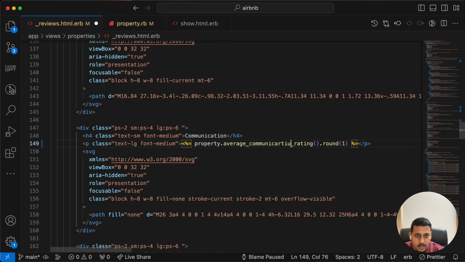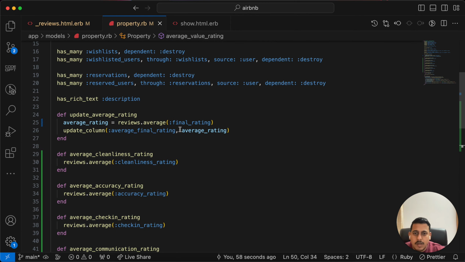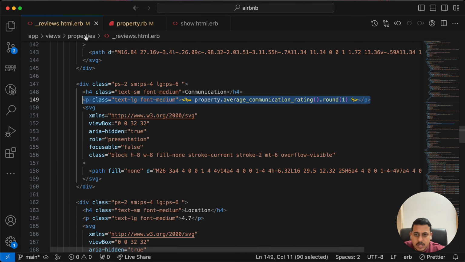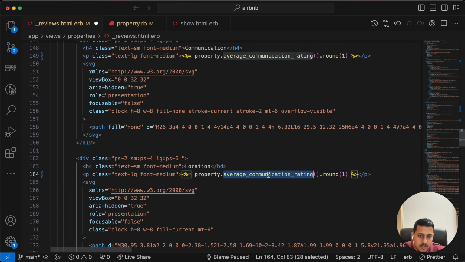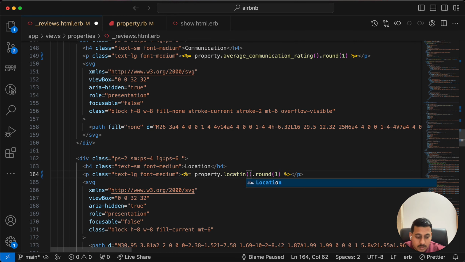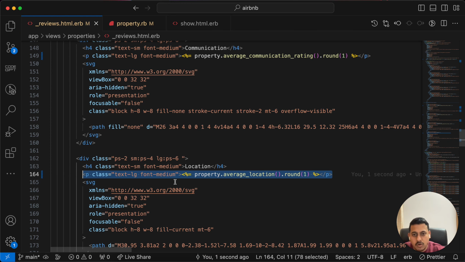So you see, only at the start of the project it becomes a bit hectic to manage things. By that I mean that earlier we had used final rating. So at that first moment it might have been a bit hard to figure out how to write this code, but later on it becomes easy, right? You just have to start things and then it automatically becomes easy. I started this project just to learn Ruby on Rails in depth, as I thought that if I teach it on YouTube, I will learn a bit better and grasp more knowledge, and I'll have to study more basically. So yeah,